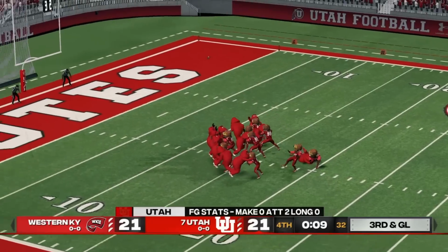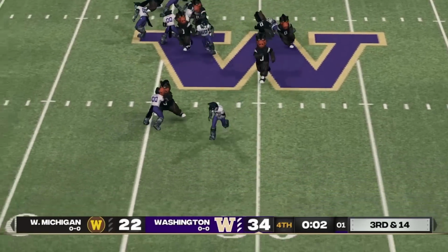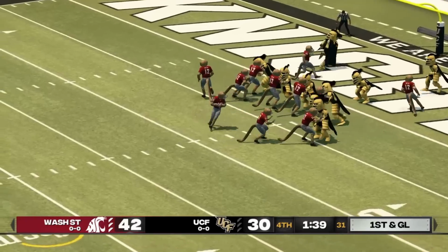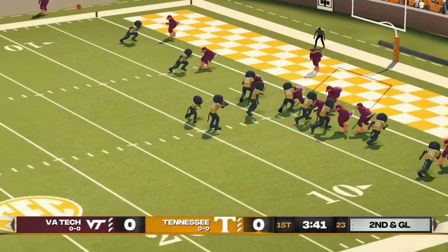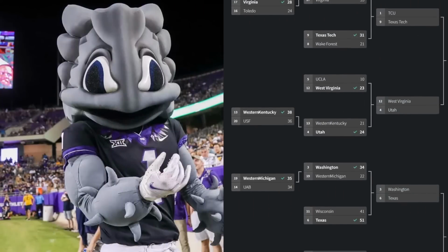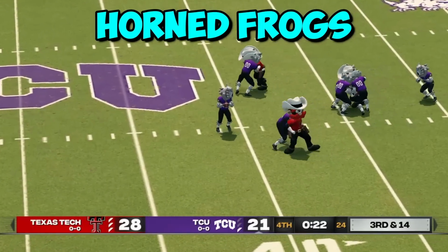Utah barely avoided an upset loss to the Hilltoppers, and the Huskies ruined Western Michigan's hopes of making a deep run in the tournament. The Badgers gave the Longhorns an easy win, and I couldn't believe how little of a fight the Knights put up. The last matchup in this round was the Volunteers and the Hokies, and the 18 seed left losers. With that result, there were only 8 teams remaining in the West region, and the 1-seeded Horned Frogs were in